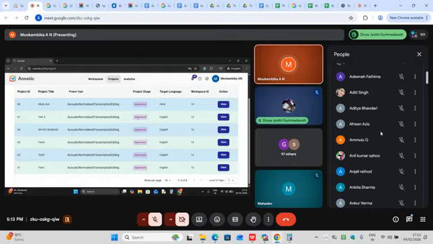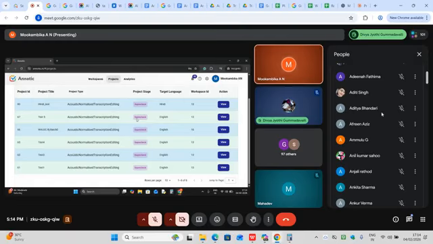So what is this project stage? That means whether you are an annotator, a reviewer, or a super checker. Most of you will be annotators only in the beginning stage. For the test stage, we will select you as an annotator only. Annotator means the person who does the transcription, and the process is annotation. Next comes reviewing. Reviewing means the quality check. The person who does the quality check of an annotator is known as a reviewer, and the process is reviewing.